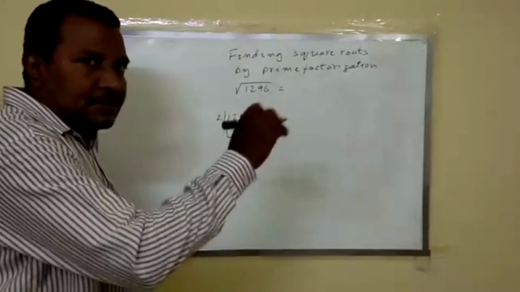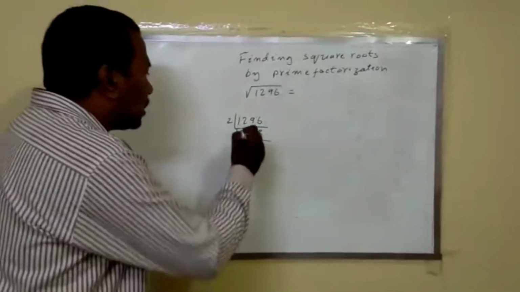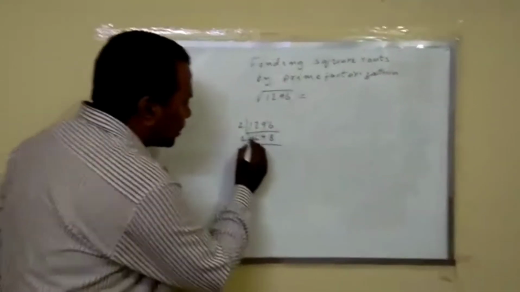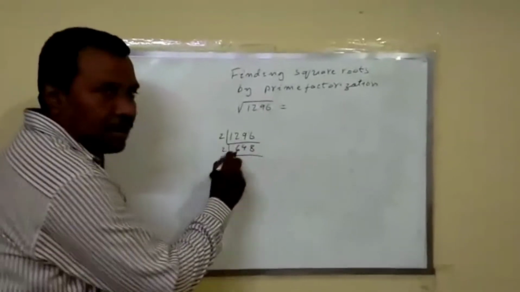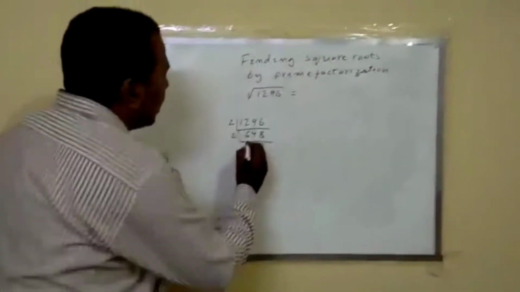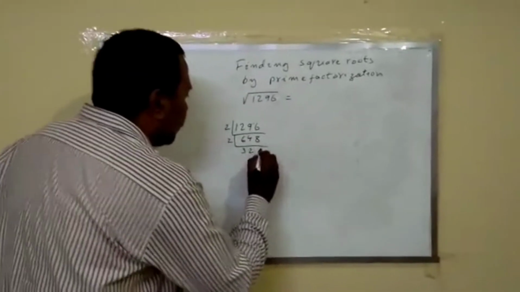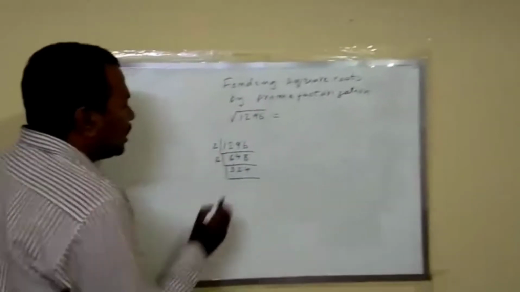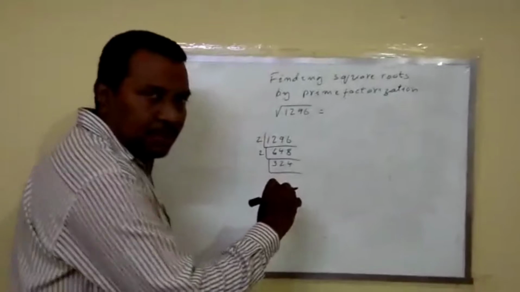As long as it is divisible by 2, you should keep on dividing the quotient by 2. Now again I am dividing by 2. This is the quotient. Dividing this by 2, this is the quotient, and the remainder is automatically 0. Now 2 3s are 6, no remainder. 2 2s are 4, 2 4s are 8. This is the quotient. Again the quotient is divisible by 2.